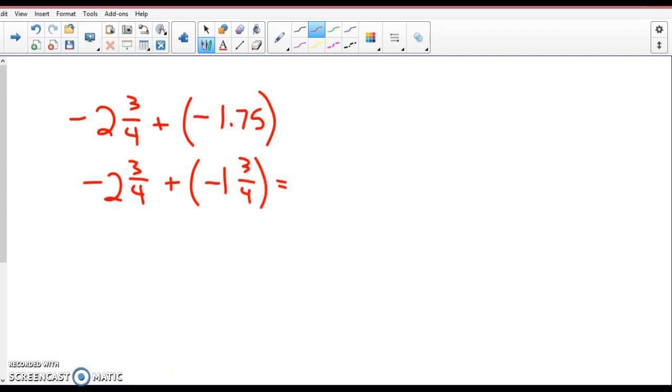Now, I don't really need to stop these, and will you stop doing that, please? I'm going to add these. I'm going to get negative 3 6/4. Oh my. Is that the answer that I want? No. Because this is an improper fraction. How many times does 4 go into